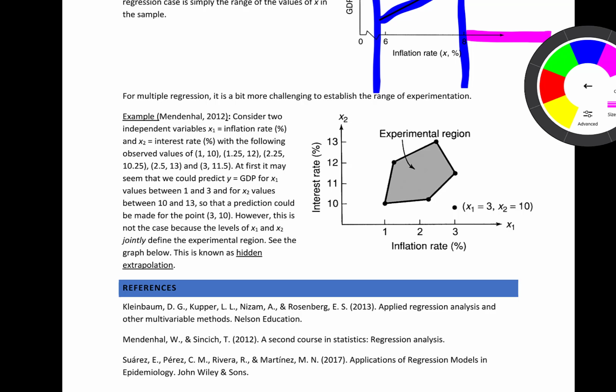So in other words, if we drew in our range for x1, we would see that x1 existed between here and here. And then if we looked at x2, we would see that the minimum for x2 is 10 and that the maximum for x2 is 13. So in other words, looking at x2,